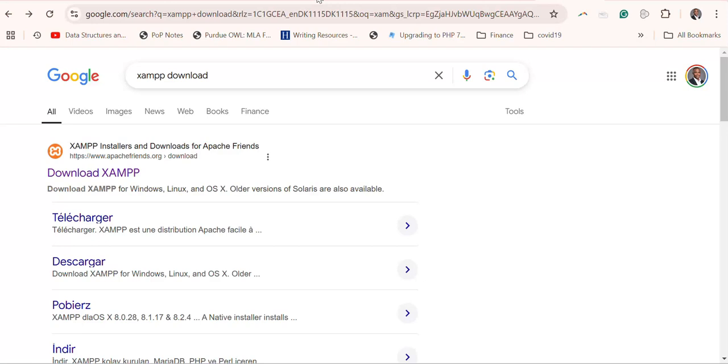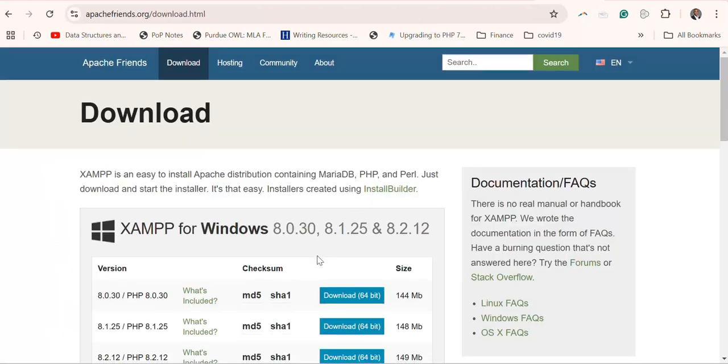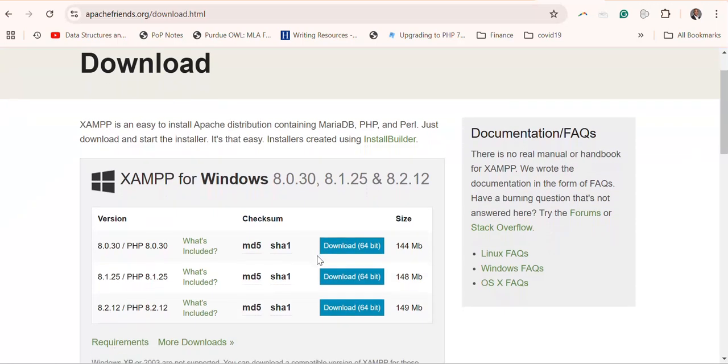So this is what would enable us to have a server environment on our laptop. So let's click on the Xampp link. It brings us to this interface where we'll see different versions of Xampp available. I am going to download version 8.2.12, and because I'm using a Windows machine, you choose the 64-bit download